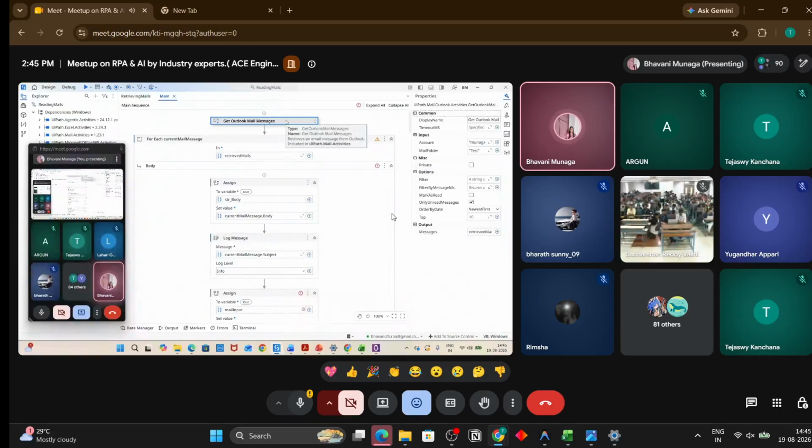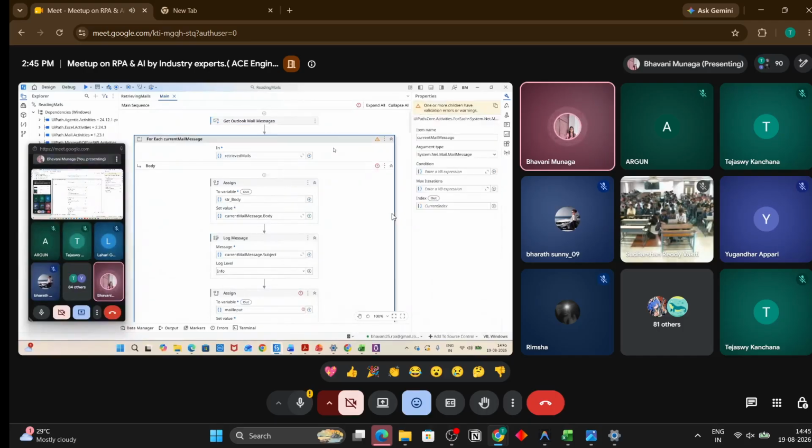So this is a sample. It will retrieve the mails from this folder and store them in the retrieved mails variable. Once the mails are received, we have to loop through them, because if we receive 100 mails, we have to go through each and every mail to read what the content is. For that, we have built a For Each Row, for each retrieved mail.